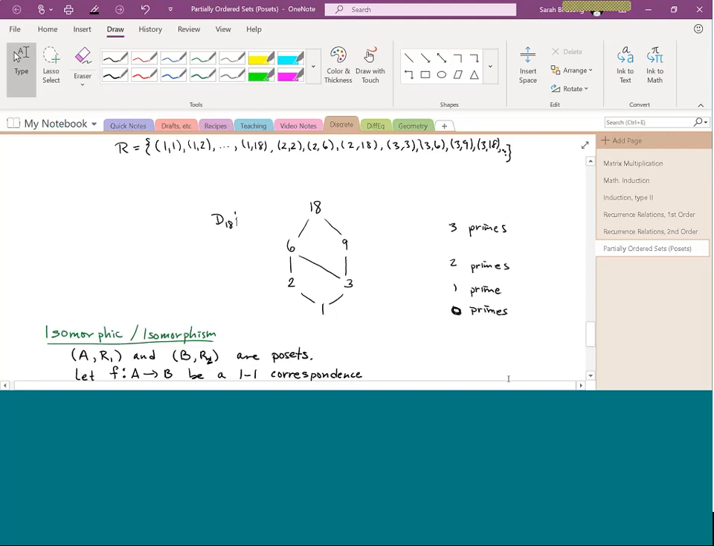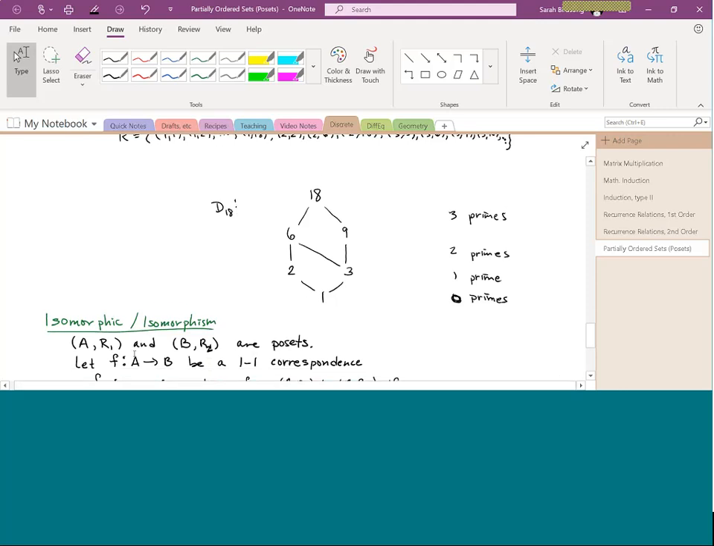Now, suppose you've got some function f, and the function's domain here is the set A, and its range is the set B. Okay, so you plug in elements from the first poset, you'll get back elements from the second poset. And the claim here is that we're going to go ahead and let this guy be a one-to-one correspondence between our two posets. And remember, a one-to-one correspondence means what? You plug one number,